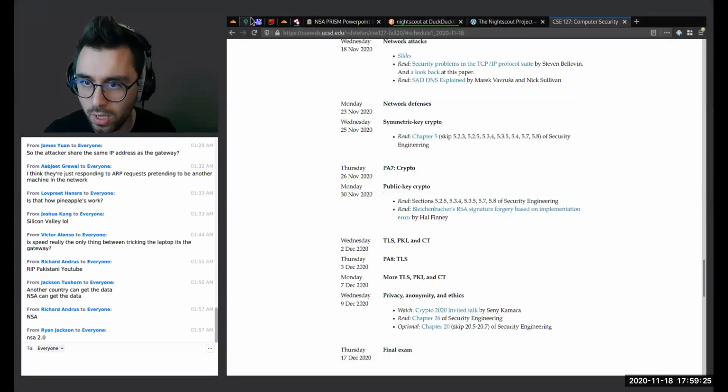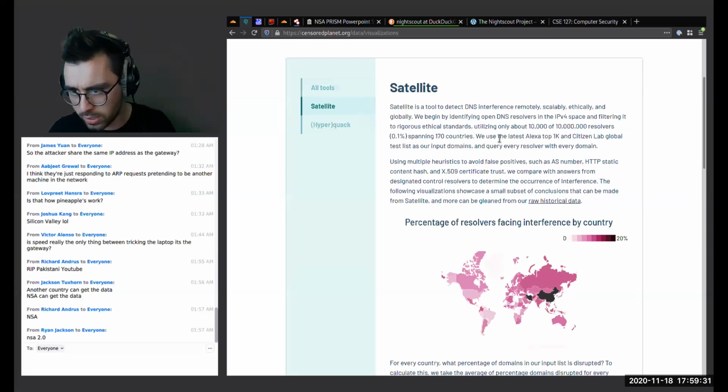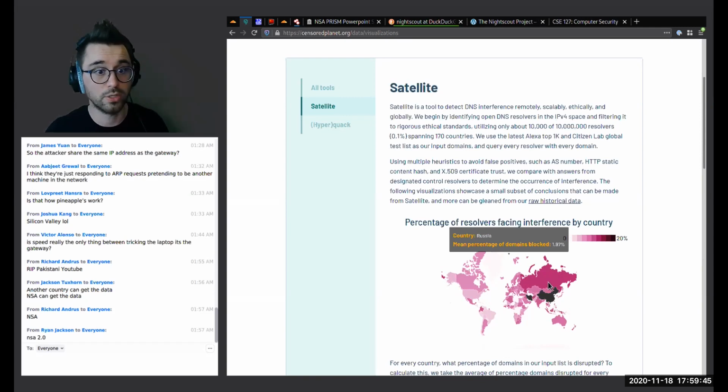Now, the last bit that I want to show you is an actual website that monitors this stuff. The website is Censored Planet. There are a bunch of other ones. Basically, they look at how people muck with, I don't know if they do BGP, but definitely DNS. And you can pay attention to what people are doing and who's censoring whom, right?